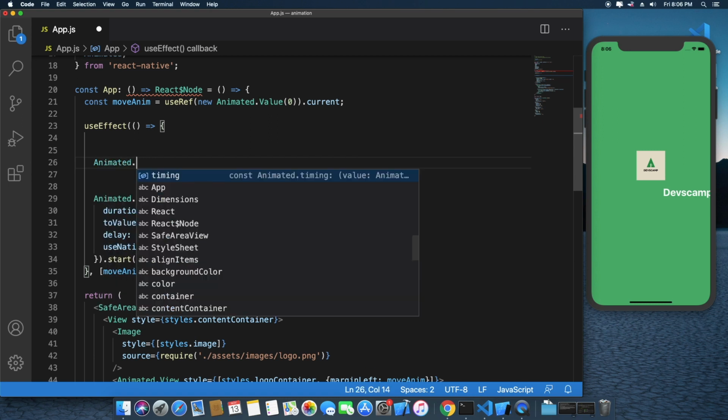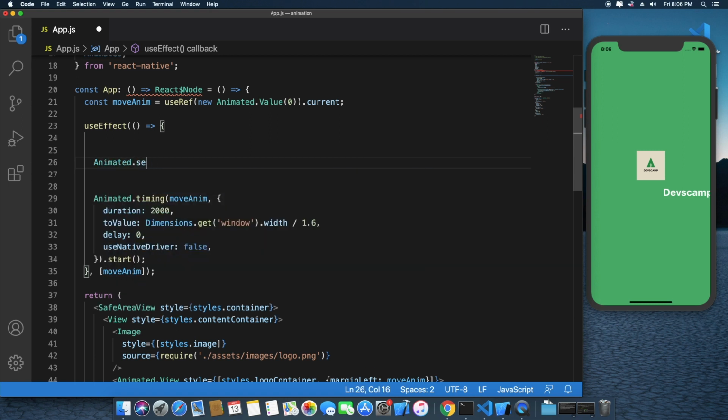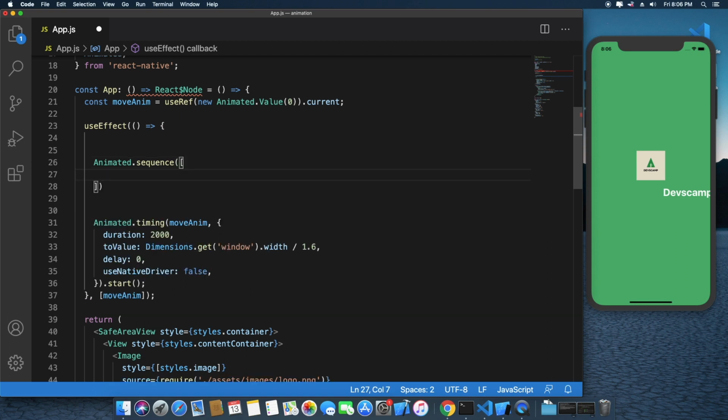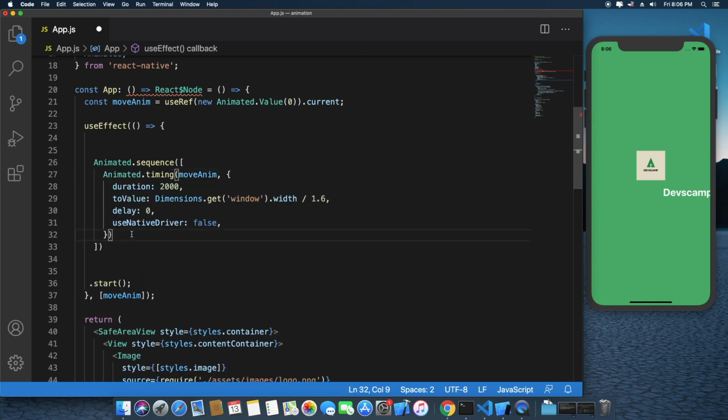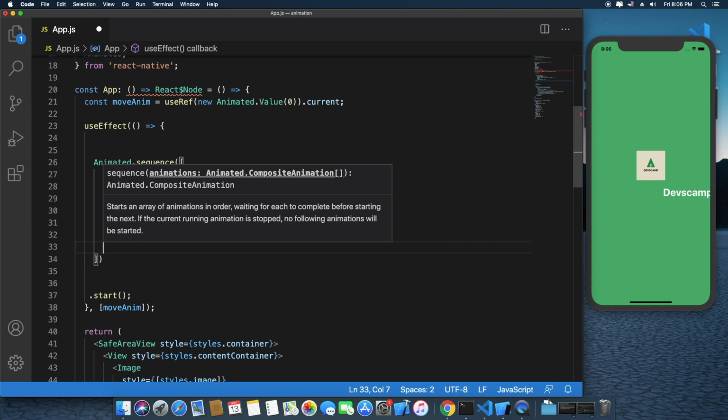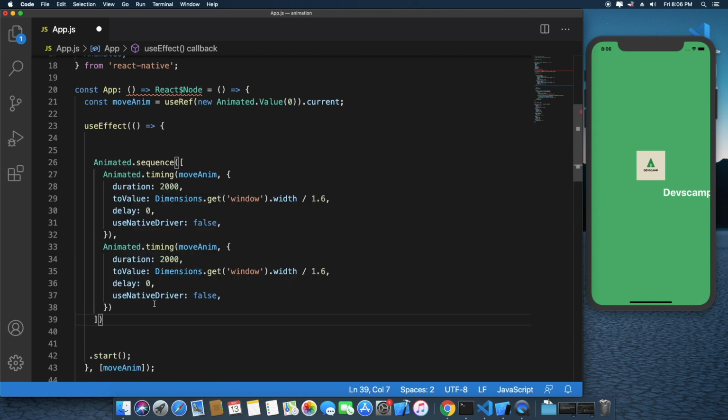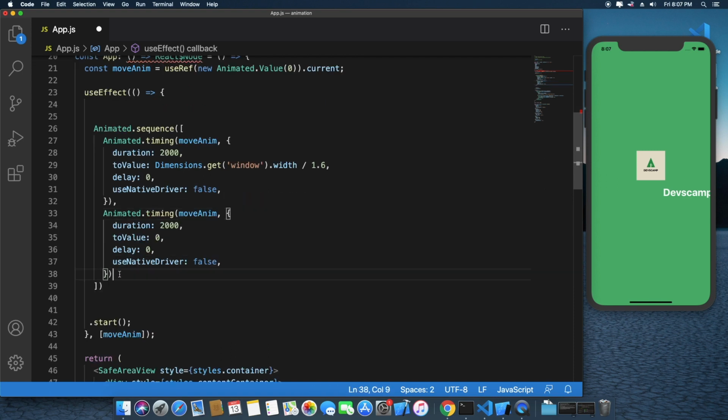So Animated.sequence, inside the array, this is the first animation. Then the second animation is where the toValue should be 0, and start.